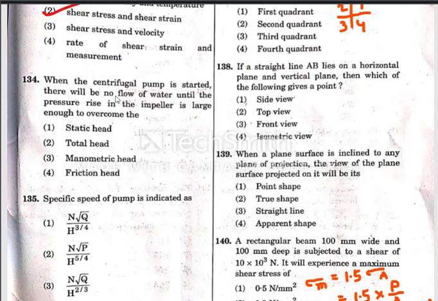And we know sigma A, average shear stress, is equal to load by area. That is equal to 1.5 into load by area. Here load is 10 into 10 cube newtons. So 10 into 10 cube divided by area, which for a rectangular beam is B into D, 100 by 100. From the calculations we get 1.5. So 1.5 Newton per mm square is the maximum shear stress for this question. So option 3, 1.5 Newton per mm square, is the correct answer.